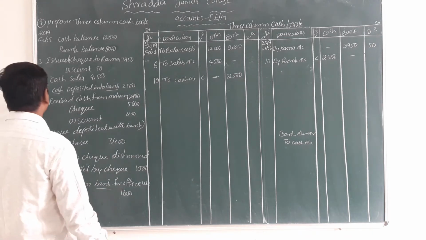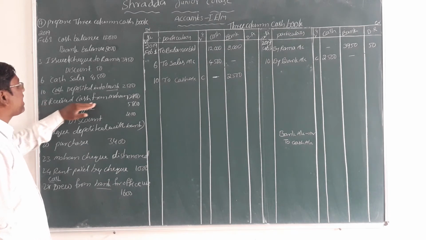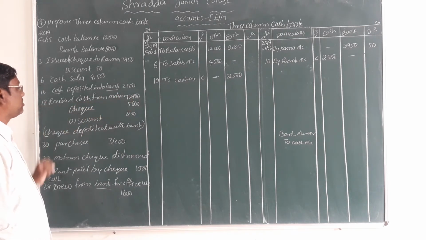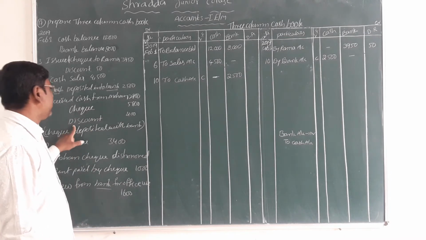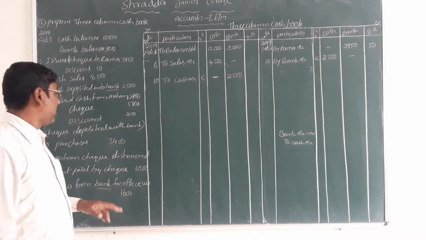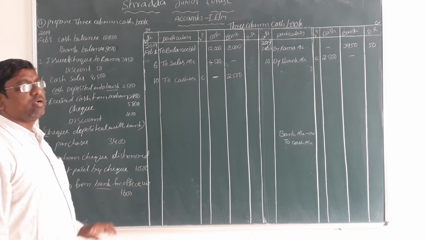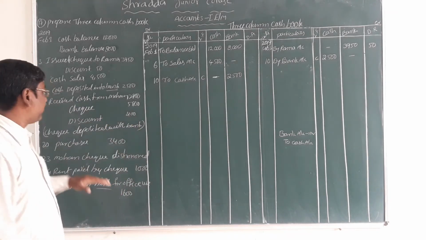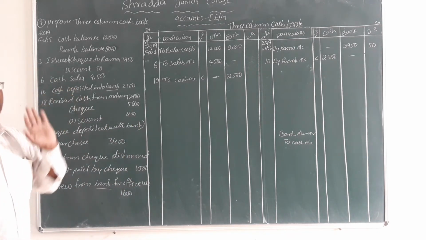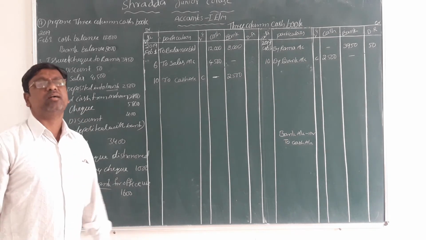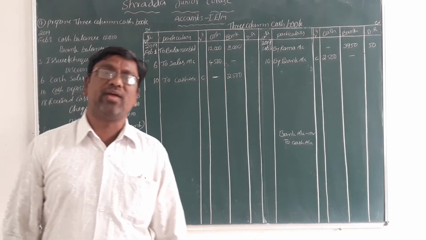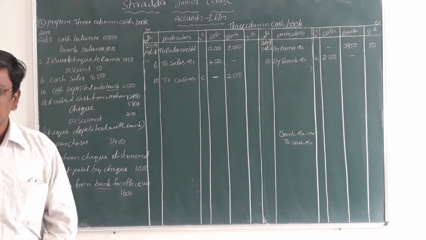Now next, 18th date. Received cash from Mohan 2,800, check 5,800, discount 400 rupees. But Mohan's check is dishonored. He deposits it the same day, and we write the amount in the bank column properly. But the amount was deposited the same day, and the check is not passed. It failed. The check comes back returned.